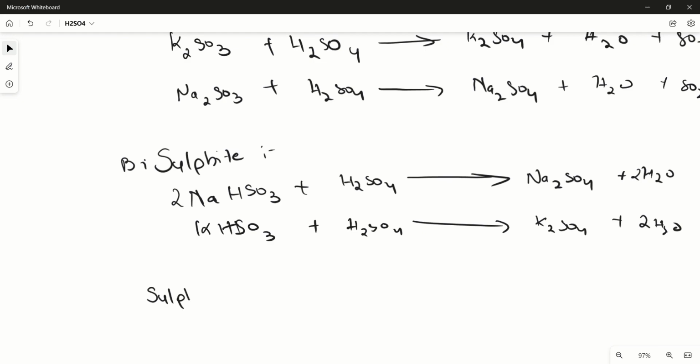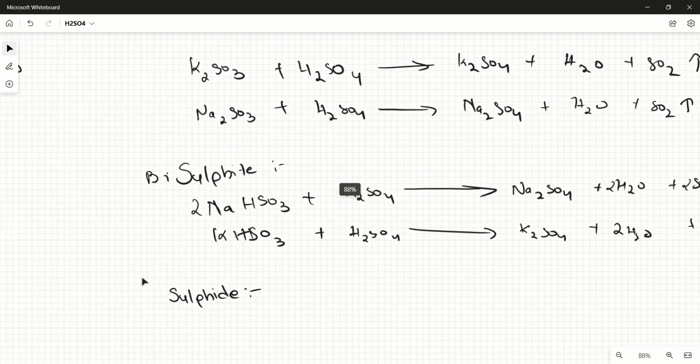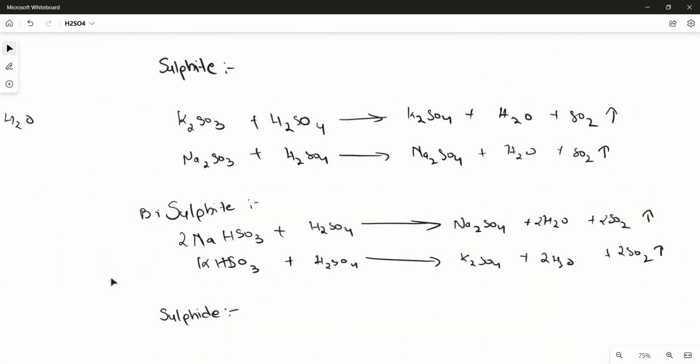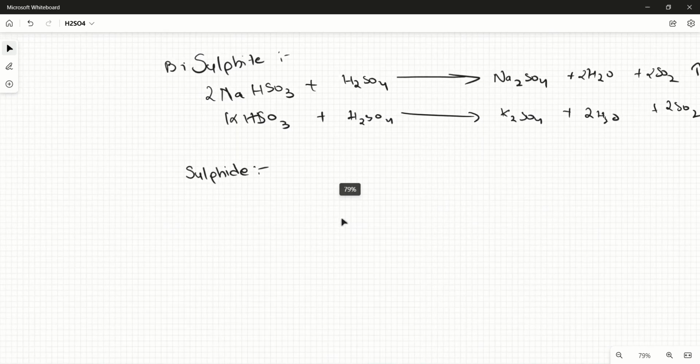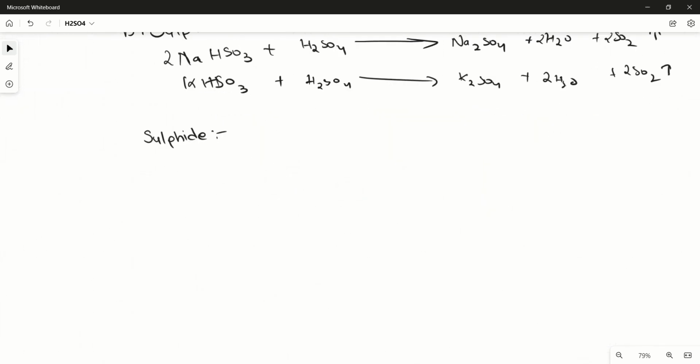The sulfide. What is a sulfide? It's only S, by the way. Whenever you think of sulfide, it's only S. Okay, sulfide. So again, sulfide is only S, bisulfite is HSO3, sulfite is SO3. Okay, after this page we will stop. Wow, this takes way too much time. Anyways,